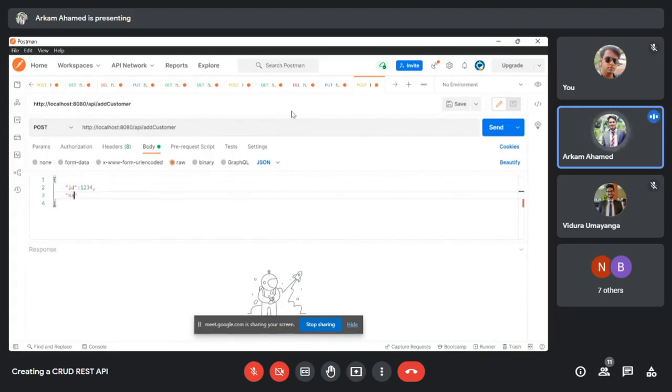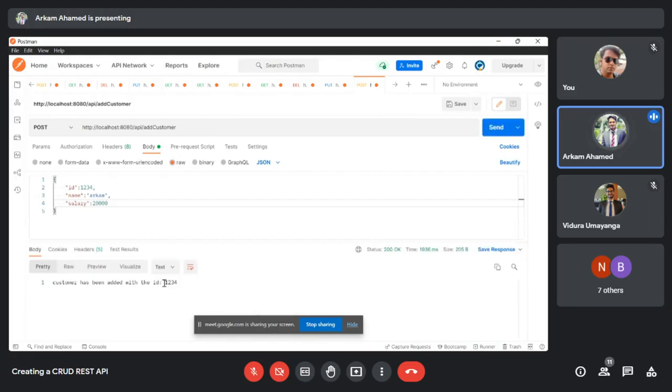Name, which is string. And then the salary is long. So that's it. So let's send and check it. So we are getting the success response, which is 200. So the customer has been added with the ID 1234.